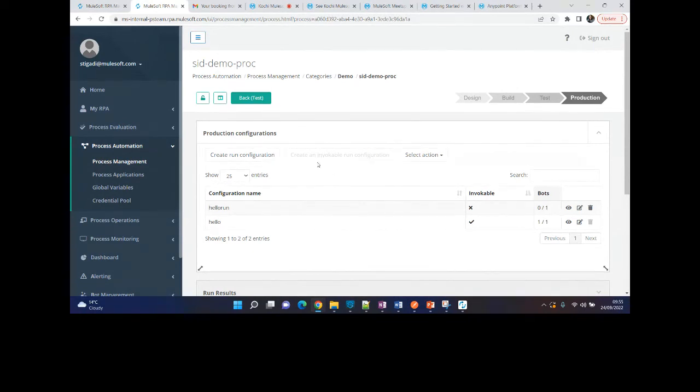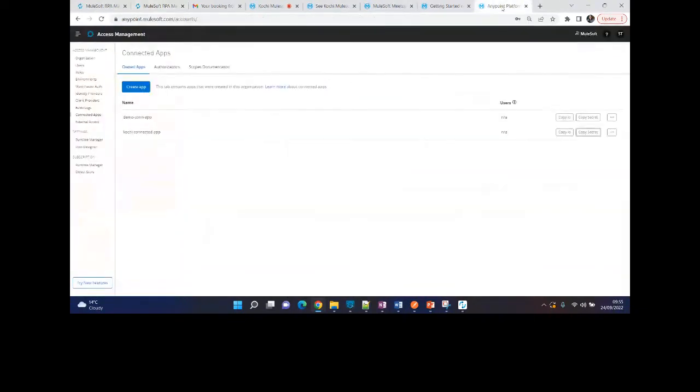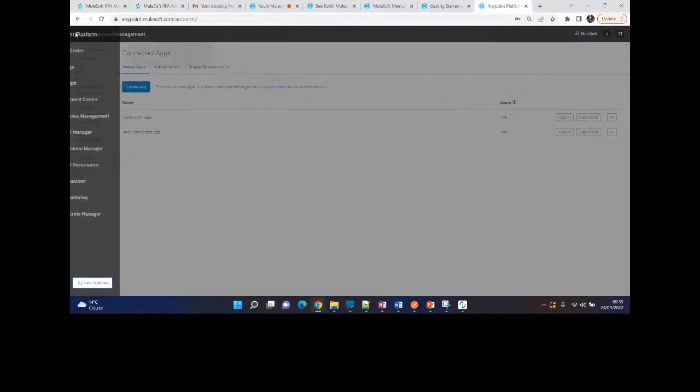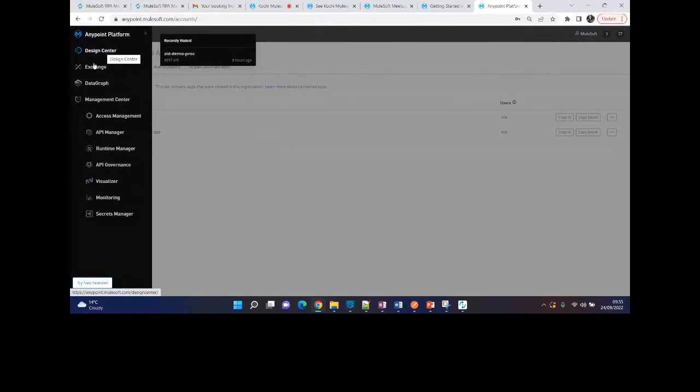If you enable create an invocable run configuration, it will allow you to publish this asset to Exchange. Towards the end of that step, you'll be able to see the asset getting published to the Exchange itself.